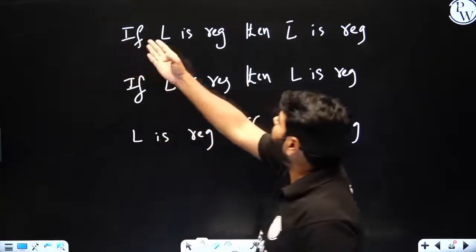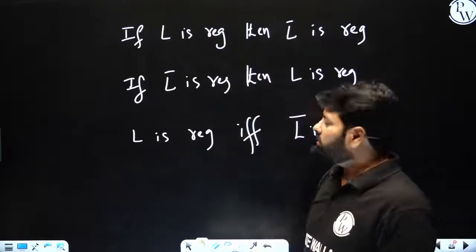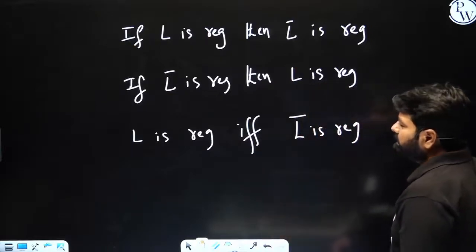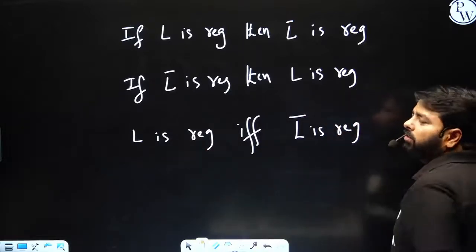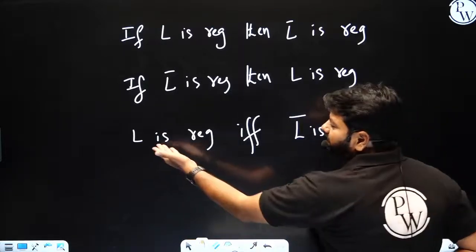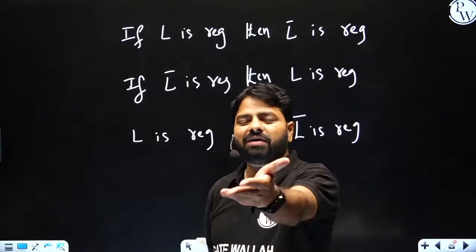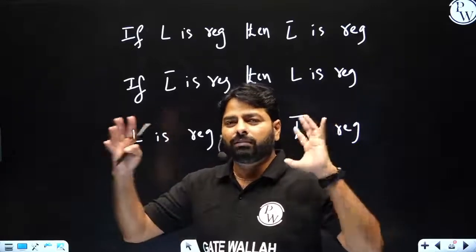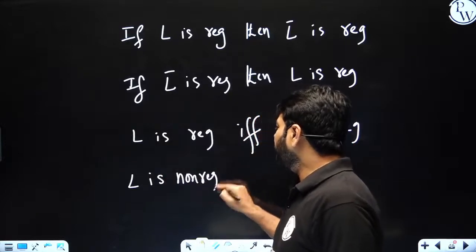We are always speaking of this if-then, but sometimes the converse is also true, and then if and only if is appropriate. With this help, you can assume that if L is non-regular, then L complement has to be non-regular. By implication, you can easily conclude. Why? Because if L is non-regular, you can't make a DFA for L complement. In case you have a DFA for L complement, you will definitely have a DFA for L. So how am I going to conclude? Simply, you can say that L is non-regular if and only if